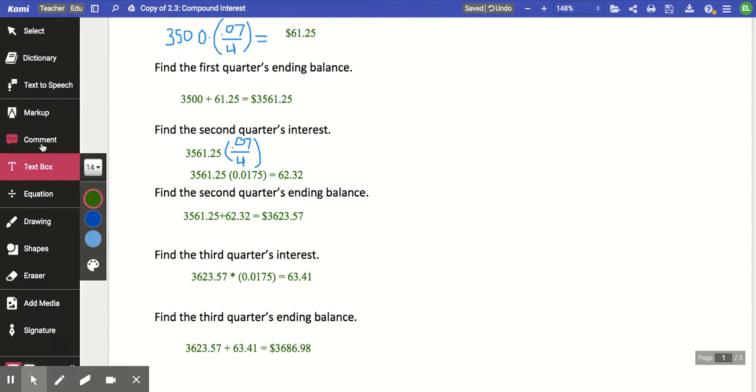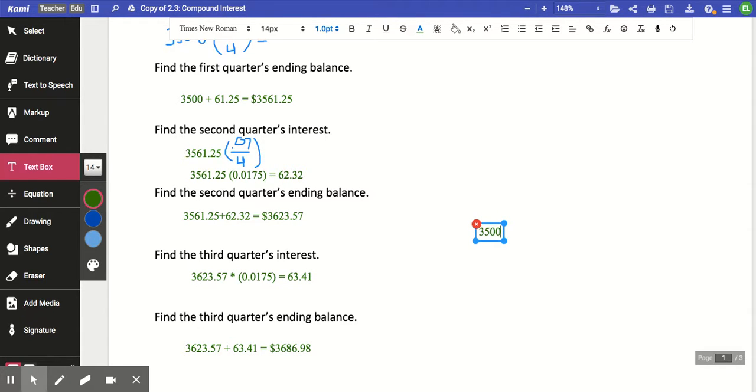Now, just for comparison purposes, I do want to recognize how much interest you would have gotten had this been simple interest versus compound. Remember, for simple interest, we take the principal amount and our interest rate, in this case the quarterly interest rate, times 3/4. That would have given us a total interest of $183.75, making the total balance after 3/4